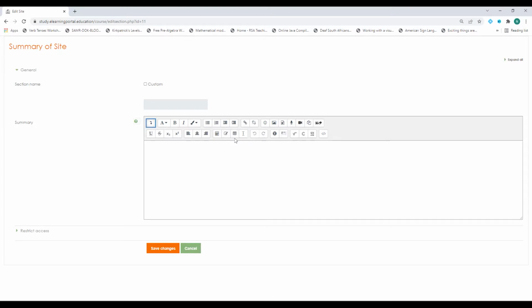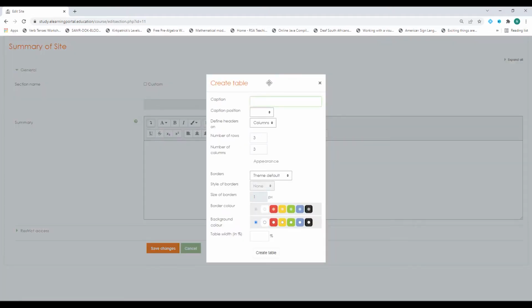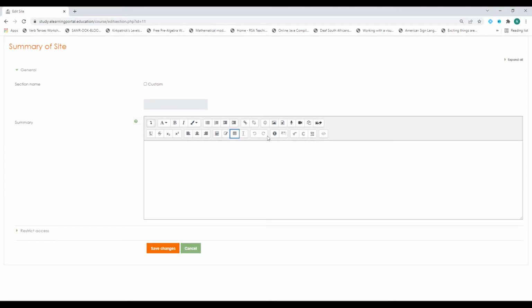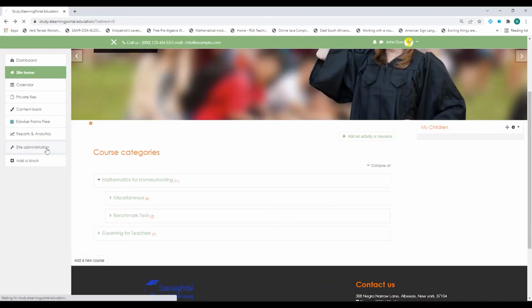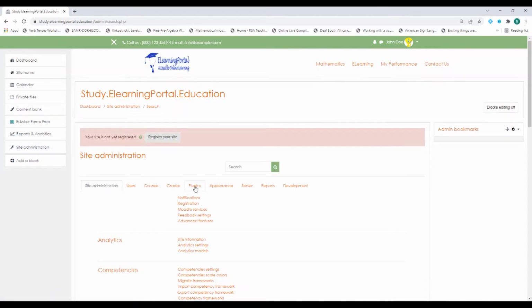icon. If you don't have this table icon, let me just click on it and you'll see I can create a table with a number of rows and number of columns, as well as the background color and the border color. If you don't see this on your menu, let's go back, click on site administration, and then click on